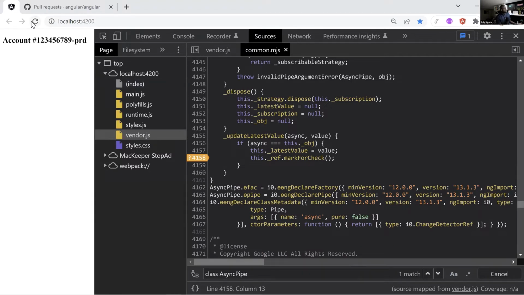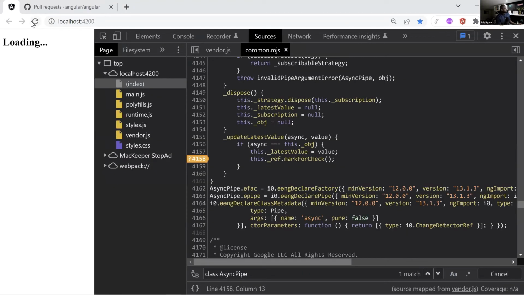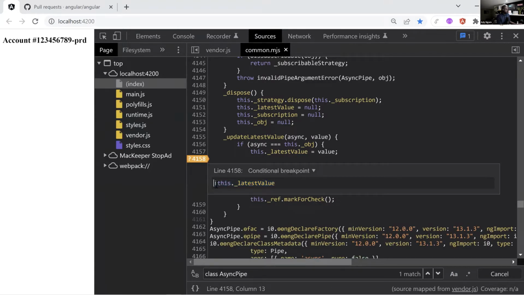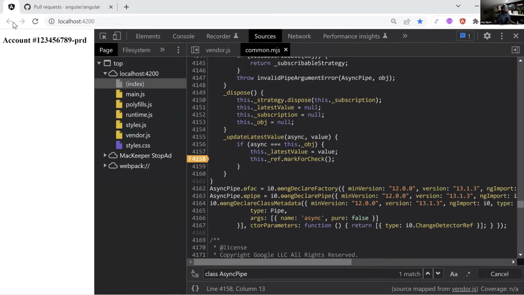And I'm going to refresh this. It went pretty fast. So is it running in here? Oh, okay. Actually, let me edit the breakpoint, and I want to say not false instead of false. Let's see latest value. Let's enter that and let's refresh.